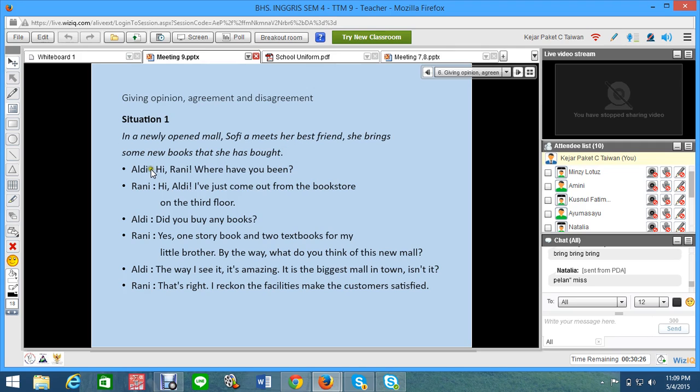Aldi: Hi Rani, where have you been? Rani: Hi Aldi, I've just come out from the bookstores on the third floor. Did you buy any books? Yes, 1 storybook and 2 textbooks for my little brother. By the way, what do you think of this new mall? The way I see it, it's amazing. It's the biggest mall in town, isn't it? That's right. I reckon the facilities